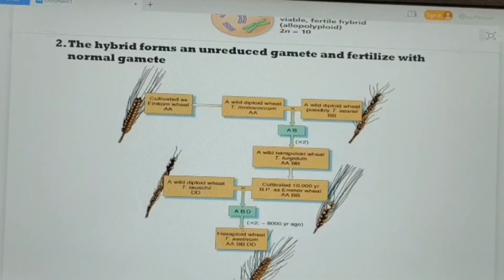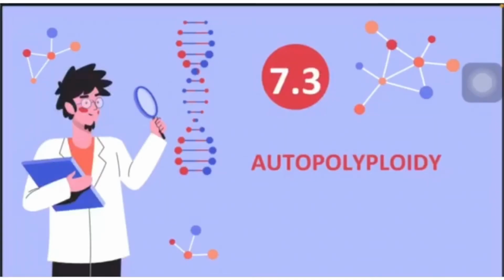A second hybridization between emmer AABB and wild grass Triticum tauschii DD gave rise to a sterile hybrid ABD, which also underwent chromosome doubling, producing the hexaploid Triticum aestivum AABBDD. Thus, bread wheat has chromosomes derived from three ancestral species. So next is